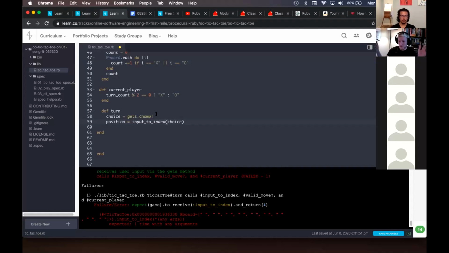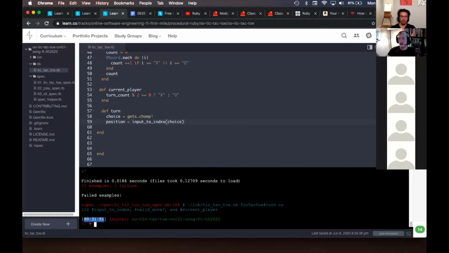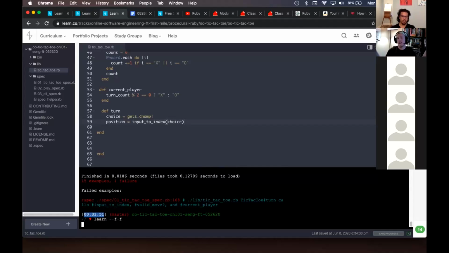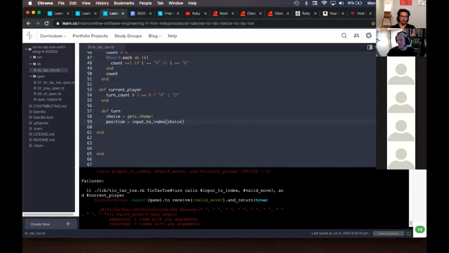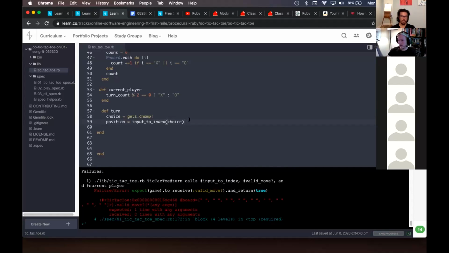Tracking with me, people? Where'd you get choice from? I made it up on line 58. Fair enough. And I made it up so that I could manipulate the input that we got from a user. Yeah, so the choice, and then choice goes into input to index. Yep. And now we have the position. So we can check to see if it's valid, and if it's not, we can have them do it again, right? So let's go